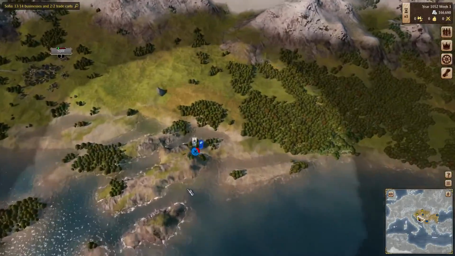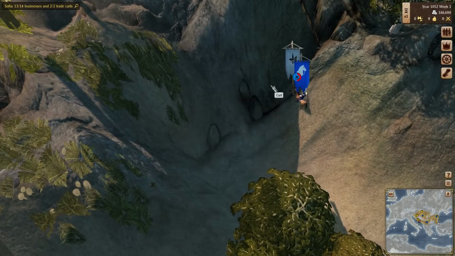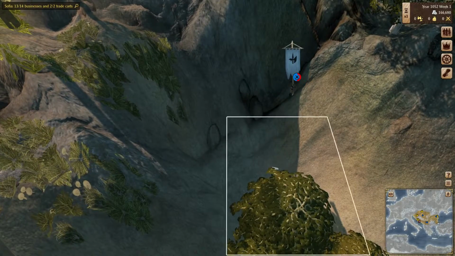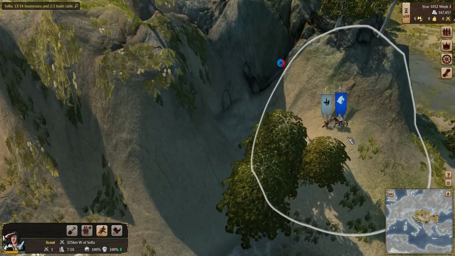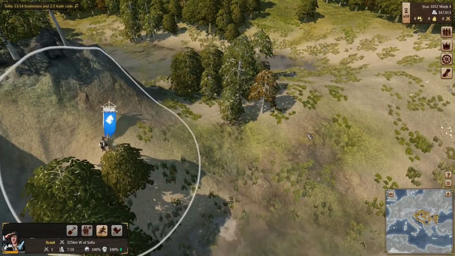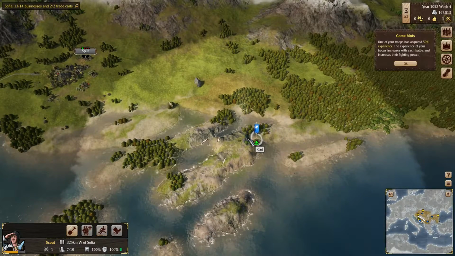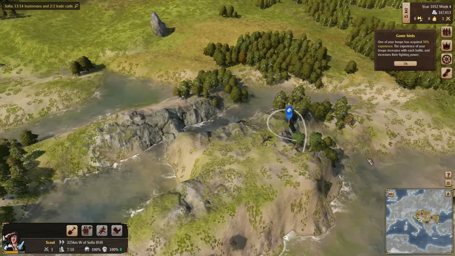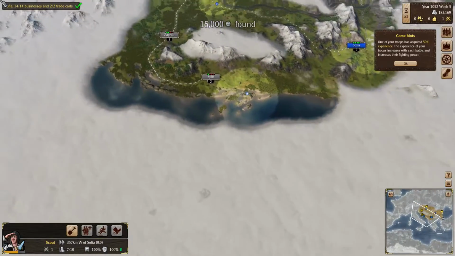This fight is still going on. Still fighting this one guy. Our troop lost 3 guys already. But hopefully we'll win. We should win. There we go, we won. And now we can go to the cart and get some commodities. No, we got 15,000 gold. Now we could go to this tent and replenish our...